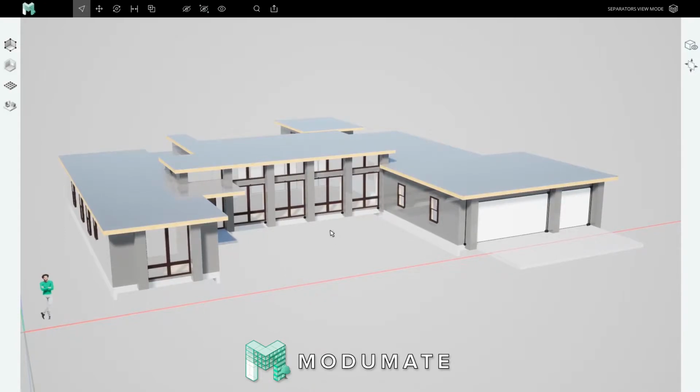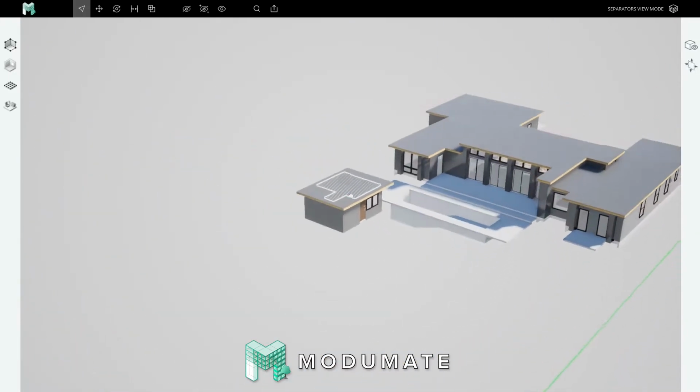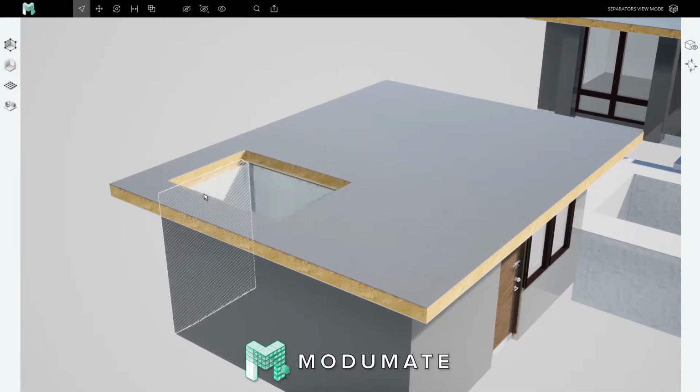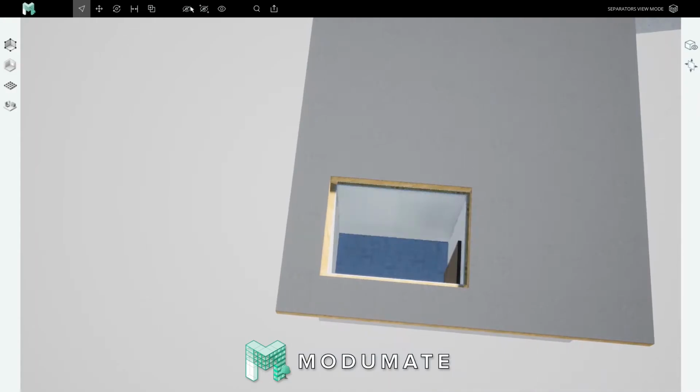In this tutorial, we'll model the surface graph of the bathroom to this pool house. Let's navigate over to the pool house. The bathroom is underneath this roof. Let's click this roof and hide it with the HI hotkey or by clicking the hide button at the top